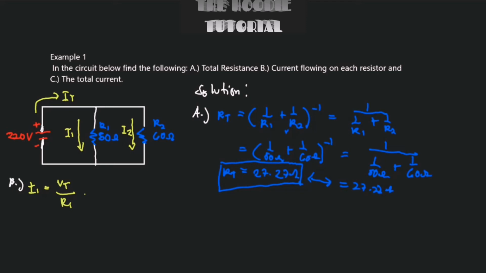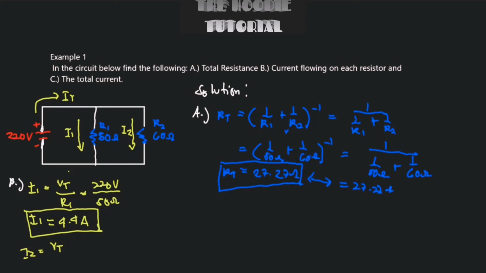So let's put the values. VT is equal to 220 volts divided by R1, that is 50 ohms. Putting that all into the calculator, we will have I1 equal to 4.4 amperes. So this would be our I1. We already have I1 right now. The only thing that we need to find in B is I2. So let's put I2 right here. We can also use this formula. We can put V2, or VT, since the voltage is constant, and then divide that by